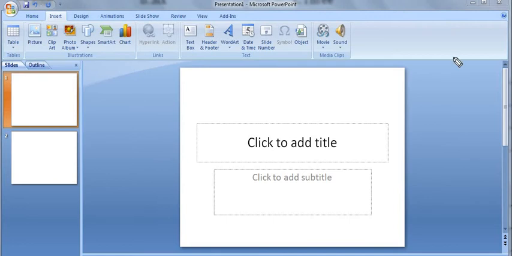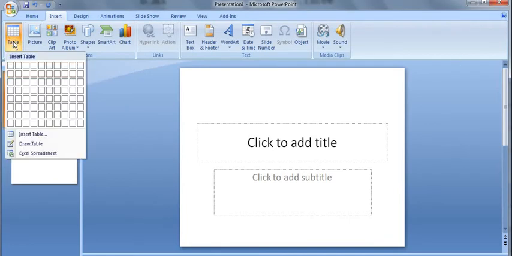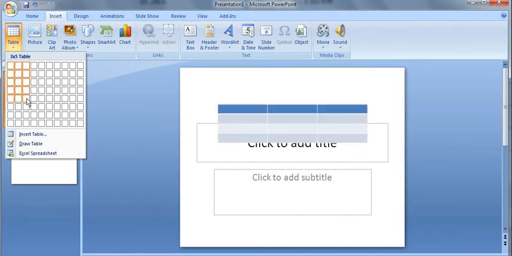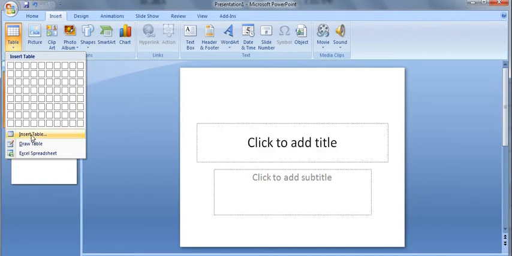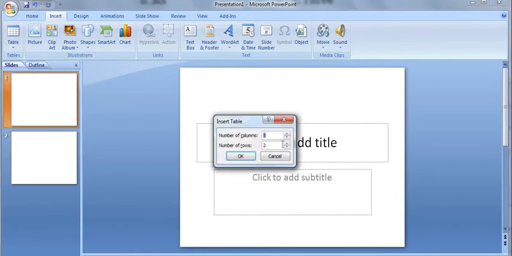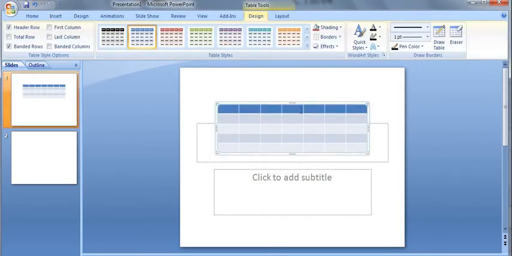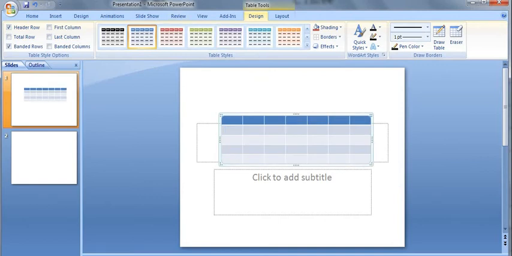Now after clicking on this, either I can select like this by tick, or I can select the Insert Table button, and here I will choose the number of columns. Suppose I want 7 columns and 5 rows, and then if I click OK, the table will be created automatically. So these are the two ways to create a table. Understood?